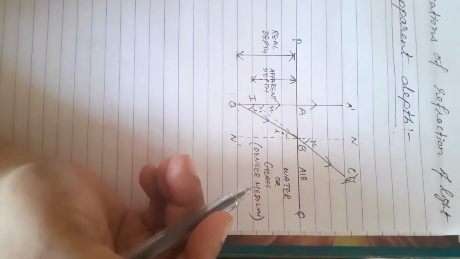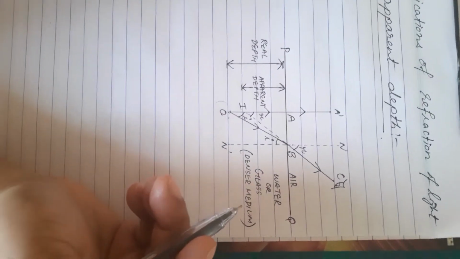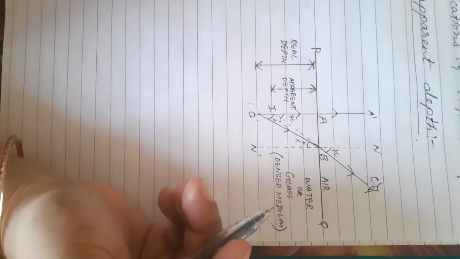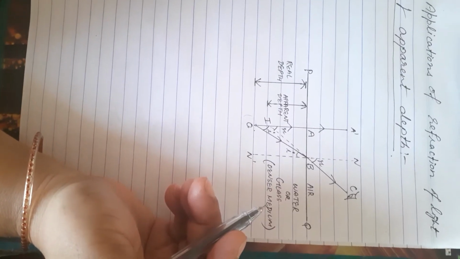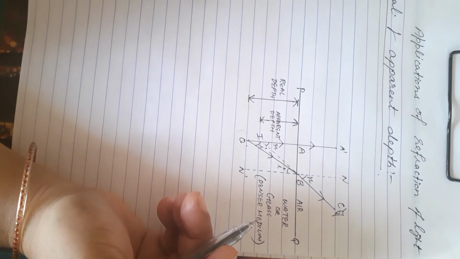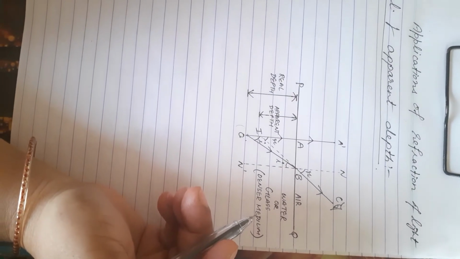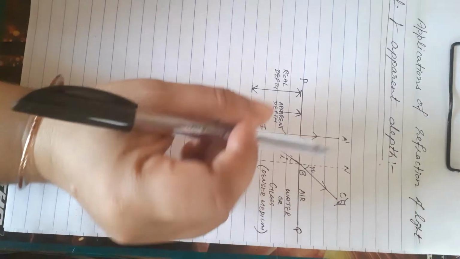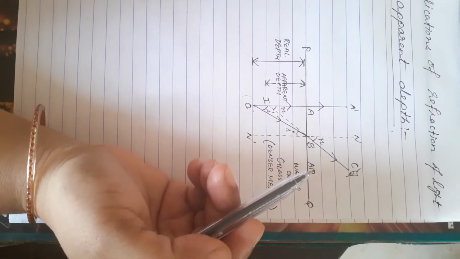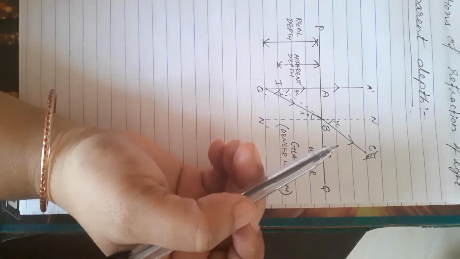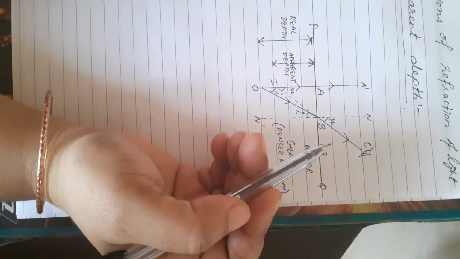Then beta, second example you can take when you are keeping your legs in the water, and when you look through the water, what will happen? You will see that they appear to be shortened. They appear to be short. Why do they appear to be short? Because you are watching through the air, but your legs are in water. So due to refraction of light, they appear to be short.